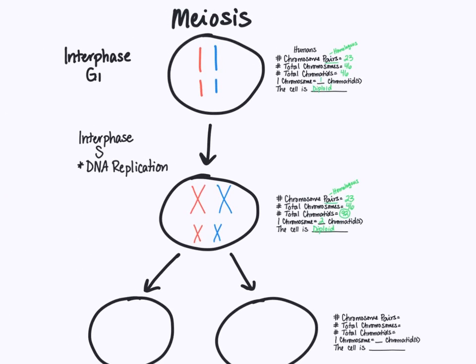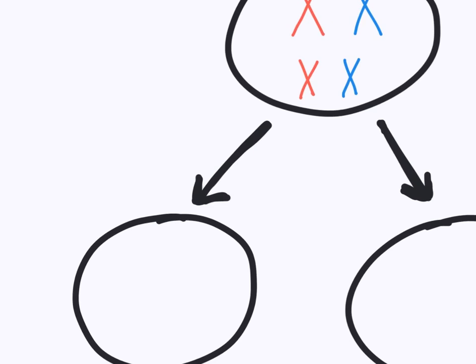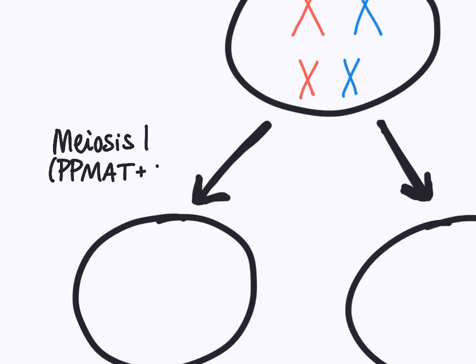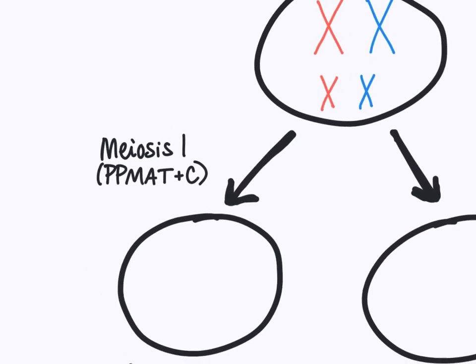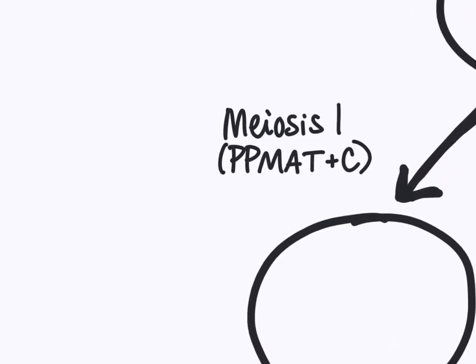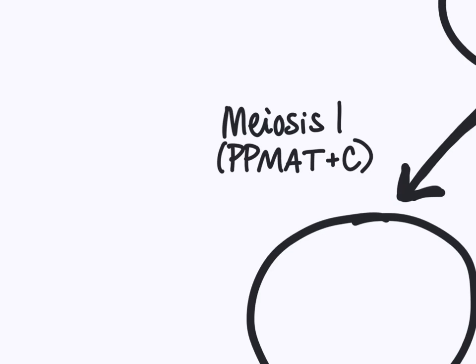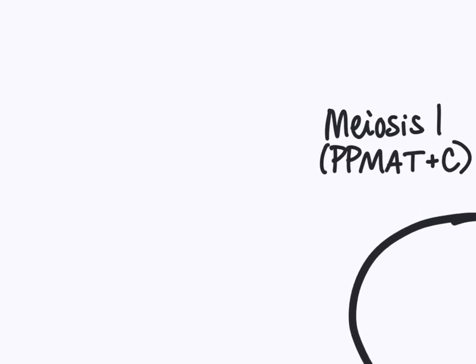So now let's take a look at what's happening during this second set of arrows here. The second set of arrows are our first round of meiosis. So this is our meiosis 1. And remember that the steps of meiosis 1, we can remember them using the mnemonic of PP mat C. Now it's important to note that during meiosis 1, some really important things happen. So first of all, during prophase 1,